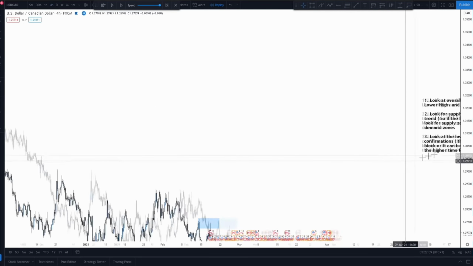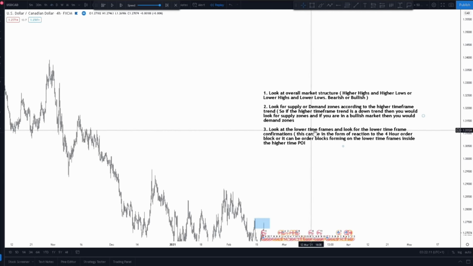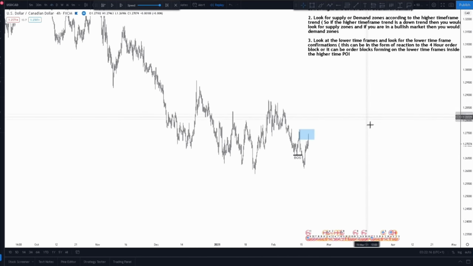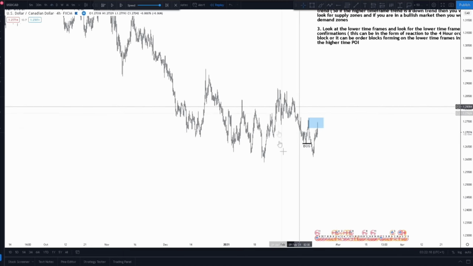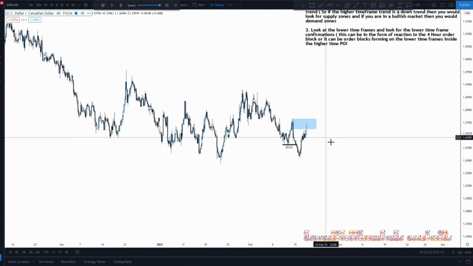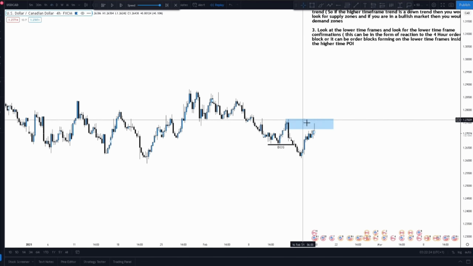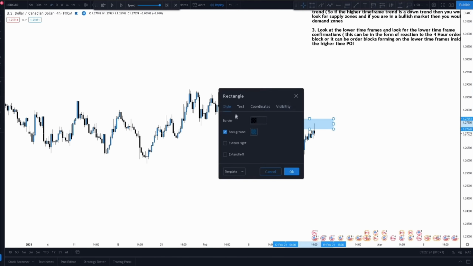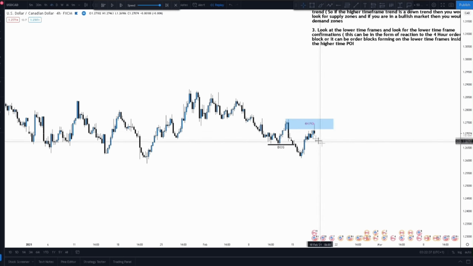Then our third rule was, so if I just get it up for us, look at your lower time frames and look for lower time frame confirmations. So a lower time frame confirmation can look like a potential Wyckoff schematic, right? That in this case would indicate a sell-off or an order block within our 4-hour POI. So we have, this is our 4-hour POI. So if we just mark it out, we call this our 4-hour POI, right? That the market could potentially respect, and we did obviously have the market respect our OB